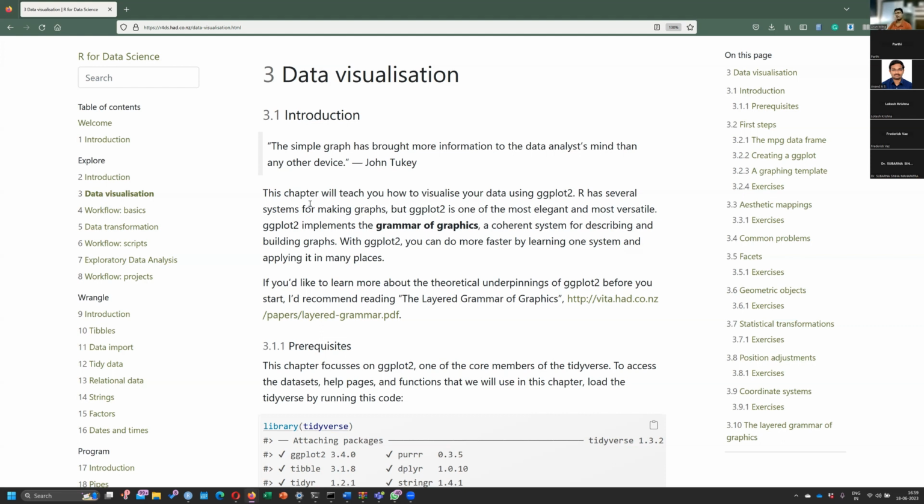So again, just like we talked about the principles of tidy data, we are also going to talk about the principles of grammar of graphics. Grammar of graphics is a very coherent system that is built on how to build meaningful graphics, because there are n number of ways anybody can make graphs. You can draw it on paper, you can use Adobe or some other way, PowerPoint also you can make graphs, Excel also you can make graphs. You can make graphs using any other software, but then